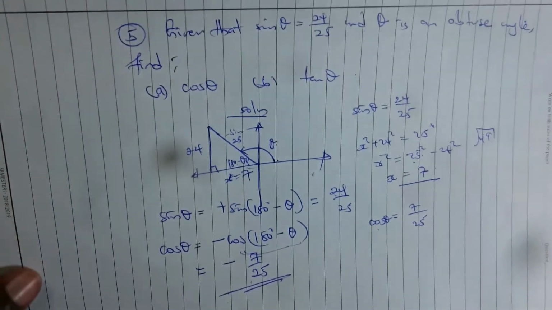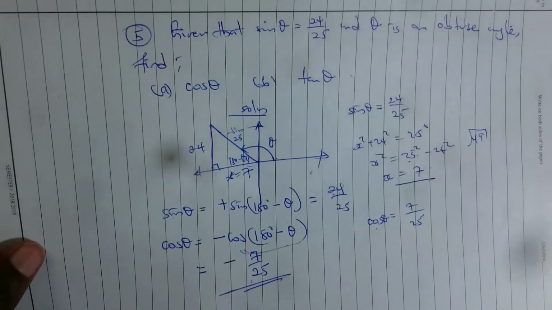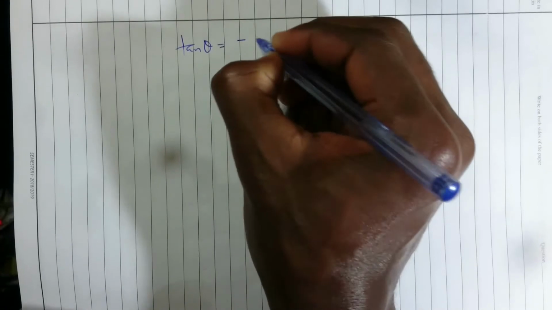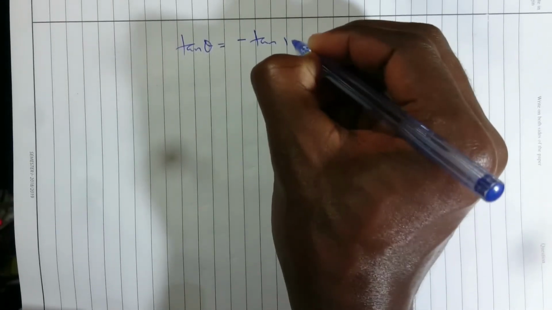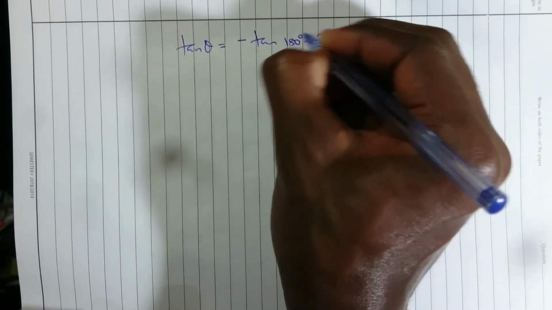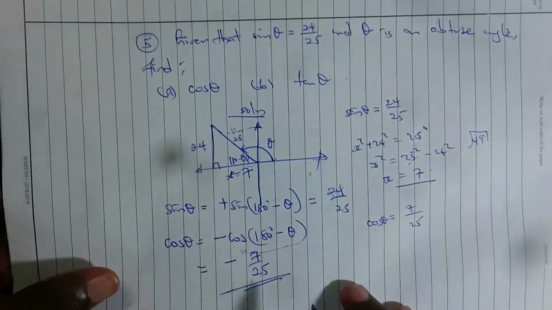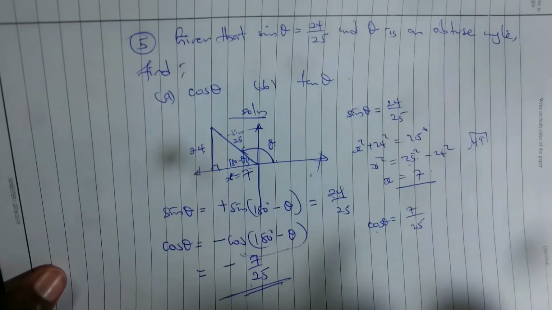We go to tan theta now. Tan theta is going to be negative in that quadrant, the same as negative tan of 180 minus theta. But what is our tan theta? Tan theta is given by